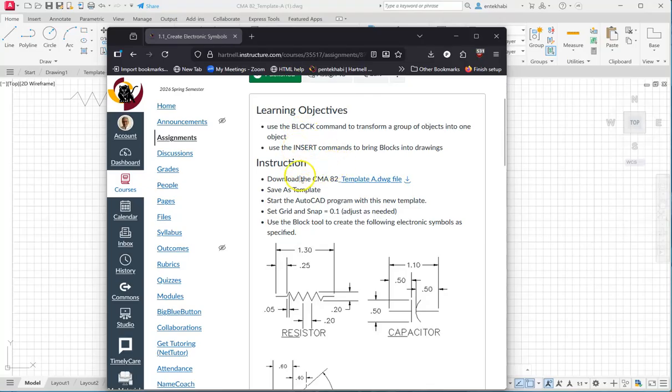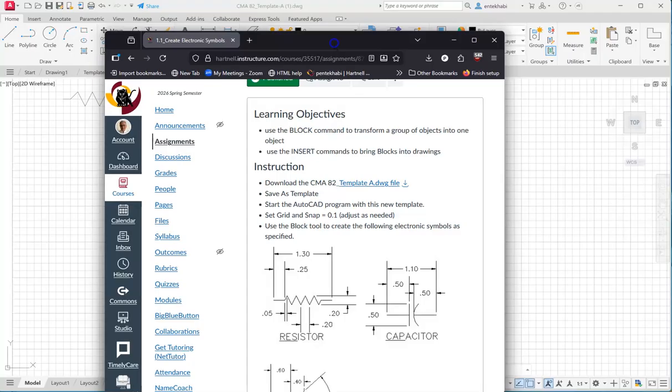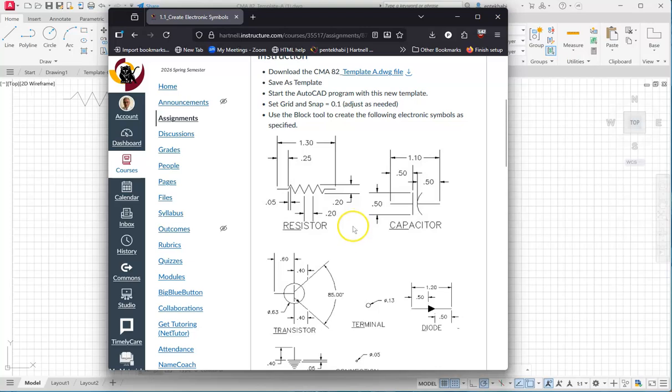Let's begin by loading your template. Once you have your template downloaded in your own folder, open AutoCAD and start with the template that you have created before. I also have a copy of that available for you in this assignment. These are a bunch of images that I have given you with dimensions.